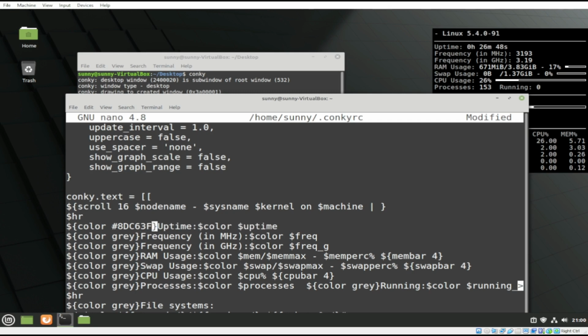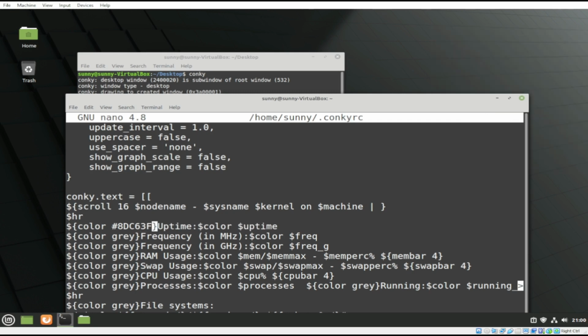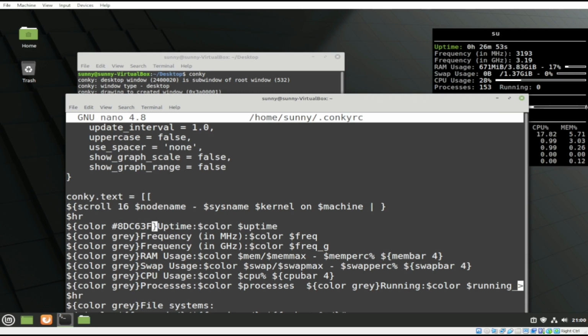C63. Yeah. Okay, so I changed the color from gray to green, light green. So that's it. Let me just try to copy it all. Actually, you can set it also